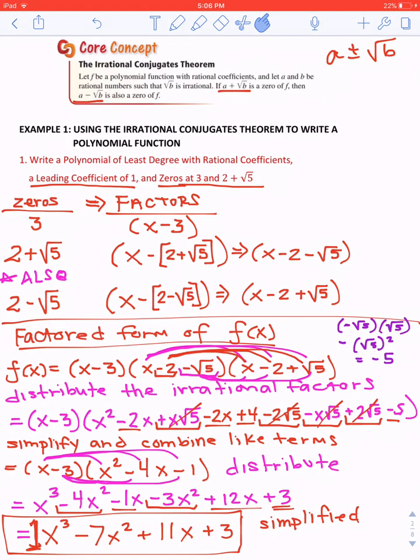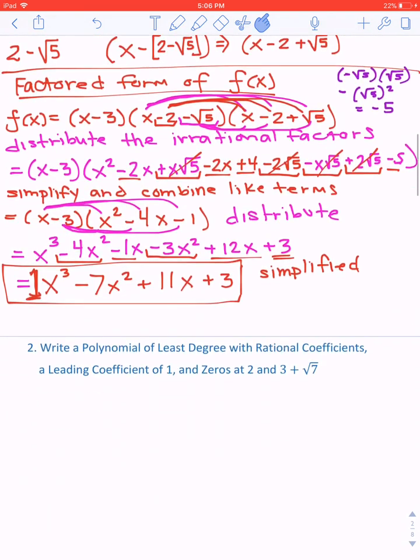Okay, we're going to do one more, and with this one I'm going to be pausing throughout so that you have time to try it on your own before I write it down to see if you understood what this process looks like. So hopefully you have